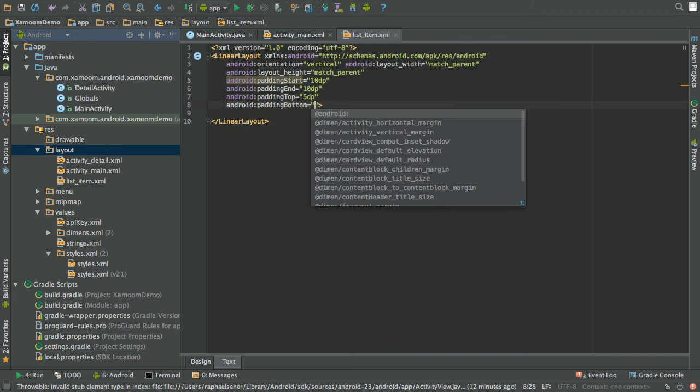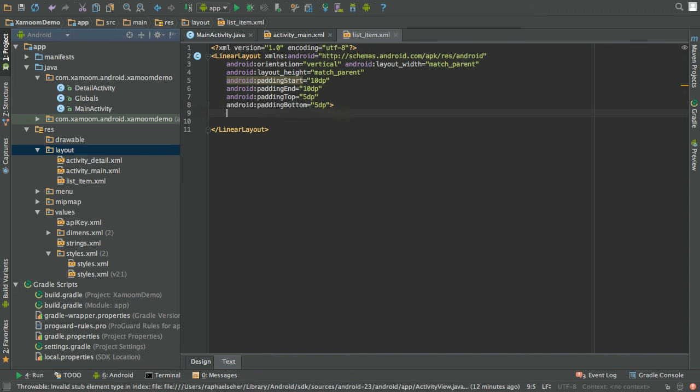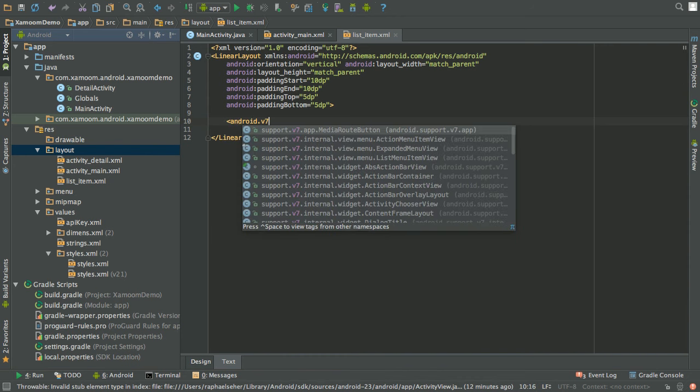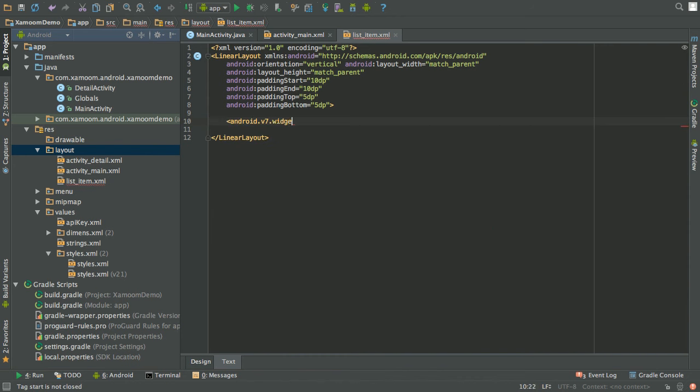Padding top and padding bottom also. And our cards will consist of, first of all, of course, we have to add a card view,